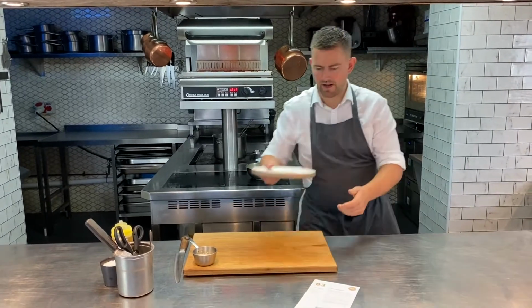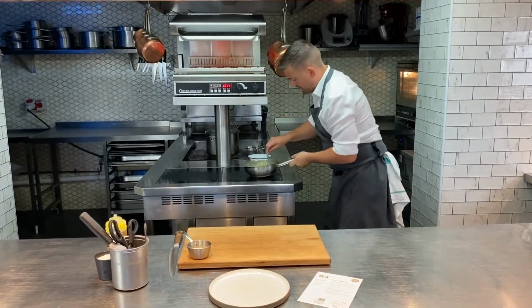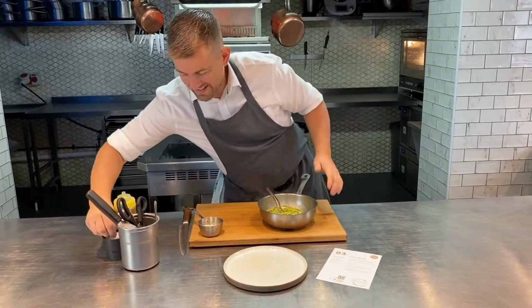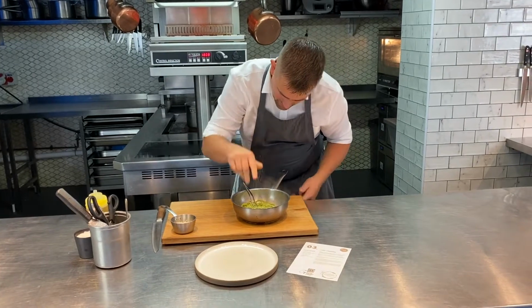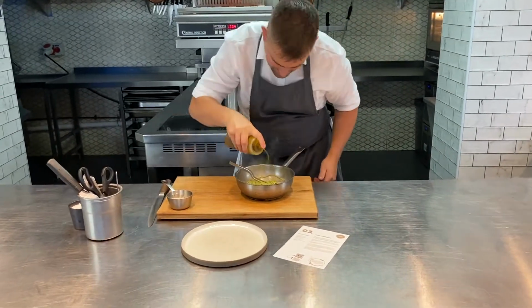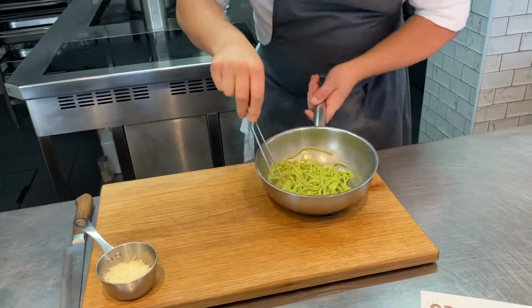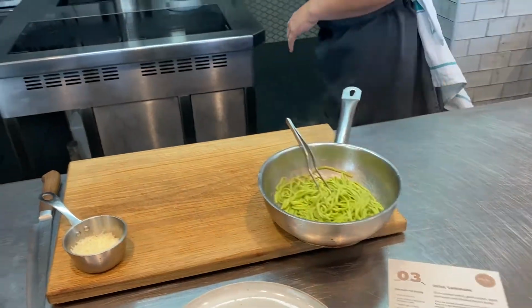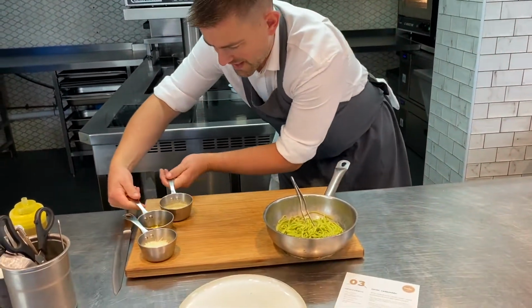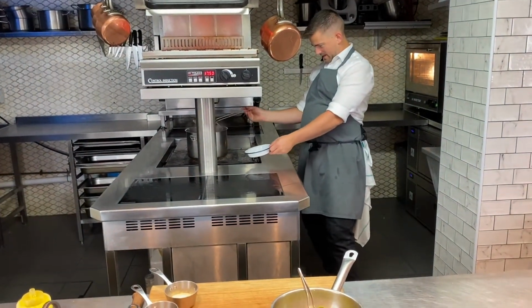So we're all ready to plate up our carbonara now, so hot plate ready to go. Carbonara, just turn the heat off on that. I like a little bit extra seasoning, so good bit of Maldon. Give it a toss over. Put a tiny bit of rapeseed in there as well. There we go. That's my pasta, all ready to go. Right, garlic cream and the smoked bacon thyme butter. And then let's get